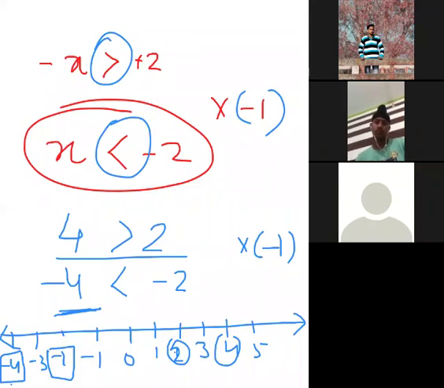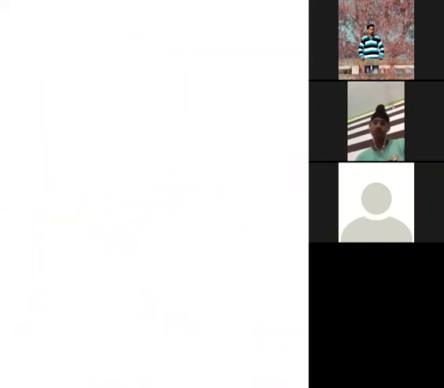Whatever number is on the left side on the number line is always the smaller number. Hope you know this concept. This is from very small classes, but still for revision's sake, I thought I must tell you once. One more concept we will be using over here, that is like 1 by 2 is greater than 1 by 4. I suppose we remember this thing.